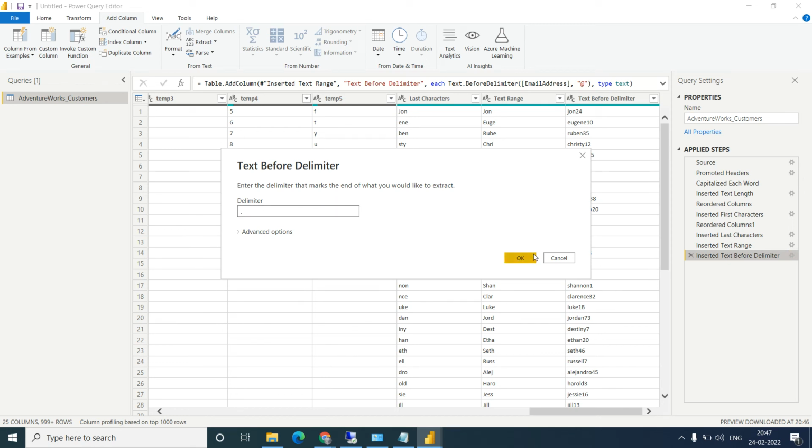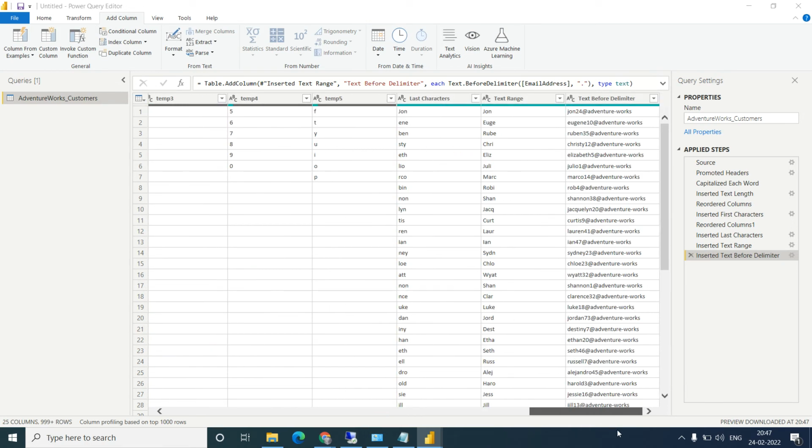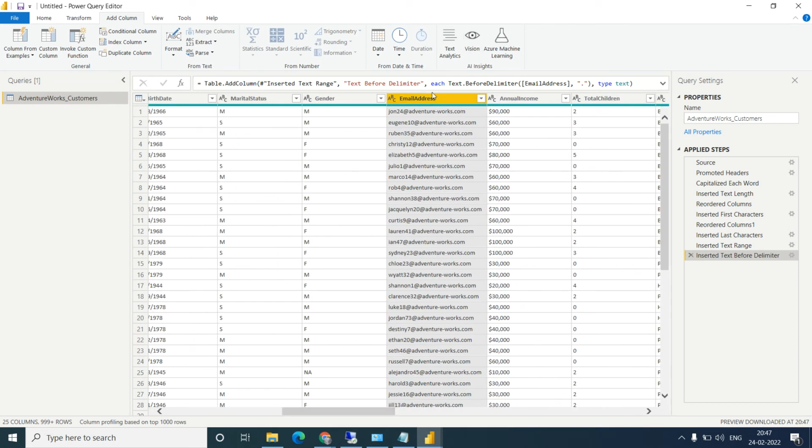Okay, let's click on OK. Let's go back. Sorry, this is before the dot. Okay, if you want to do the after the dot, how will you do this? Text after delimiter. Okay, so text after delimiter.